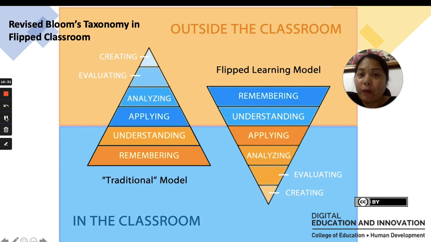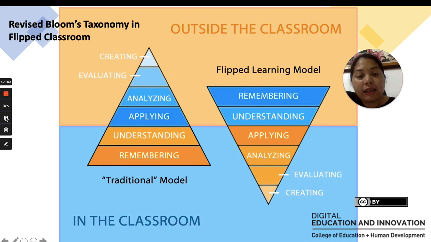But in flipped classroom, we give in advance the lessons so that they can already process remembering and understanding. And then, when they go to the classroom, we give them activities where they can do application, analysis,